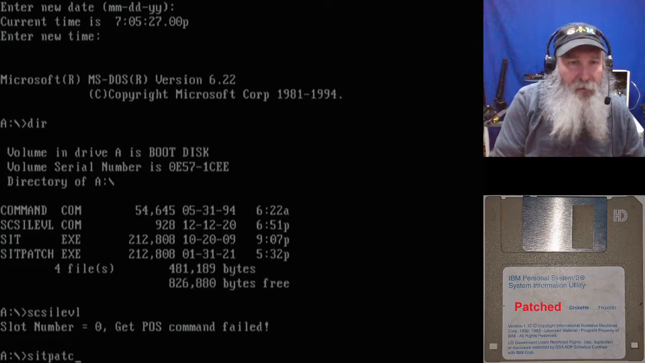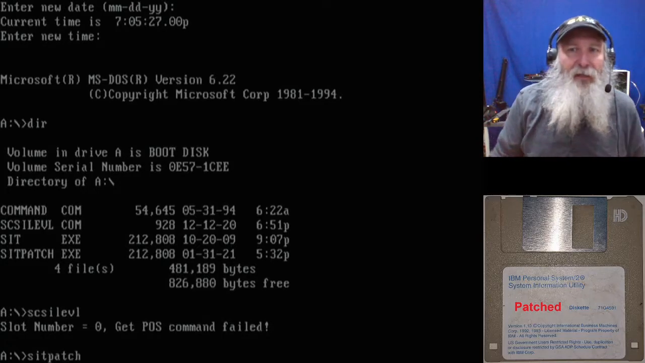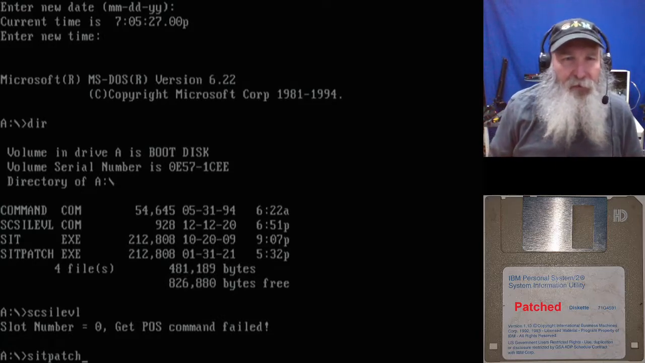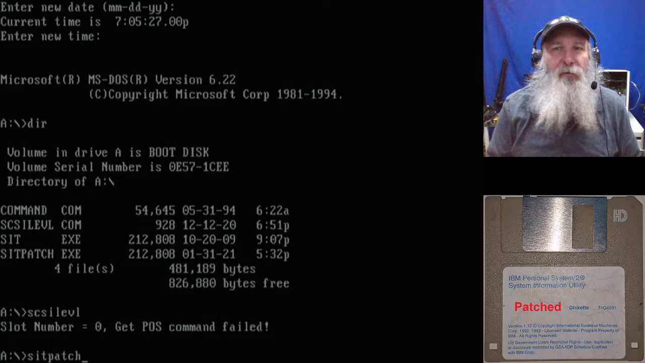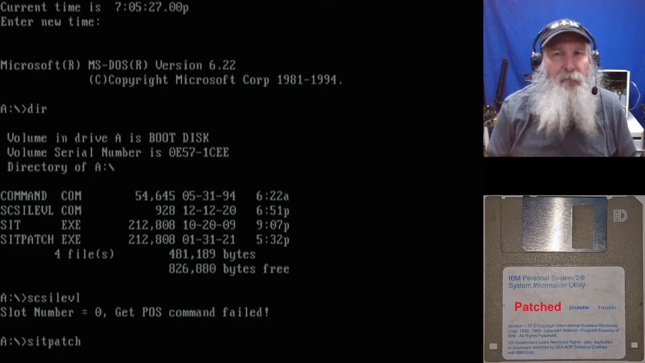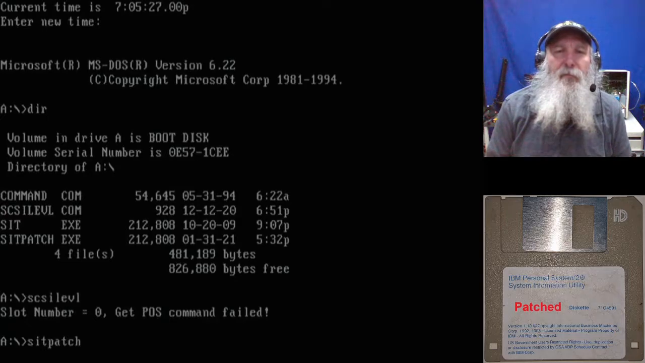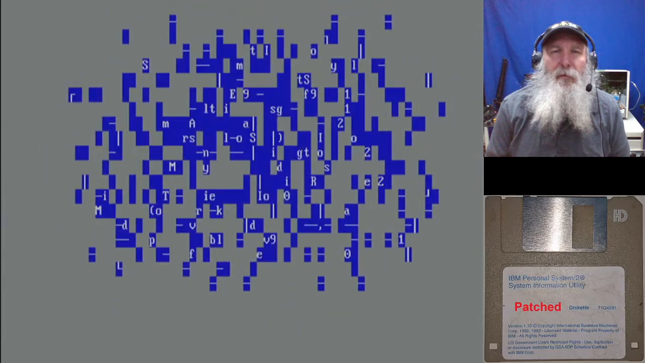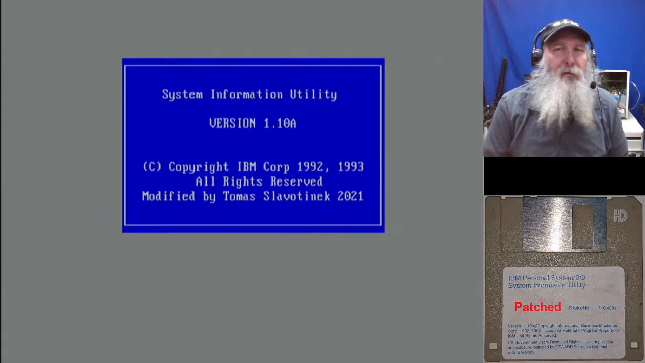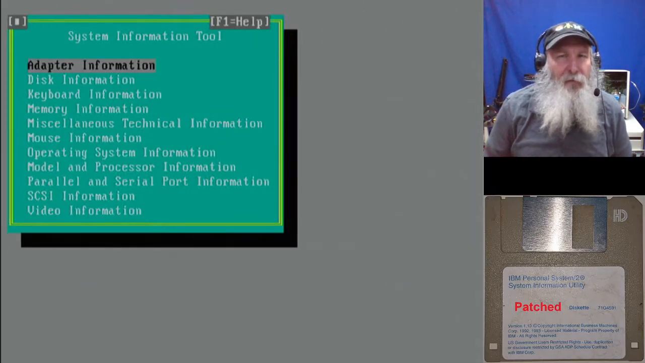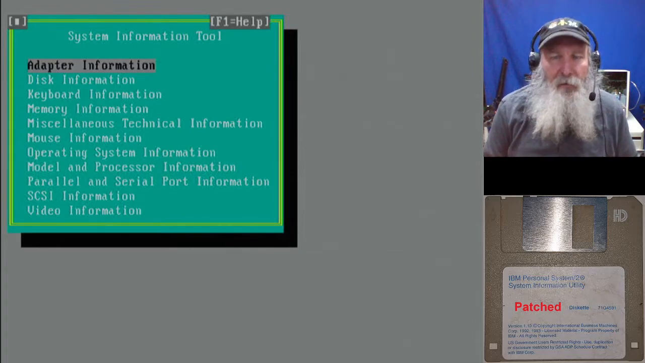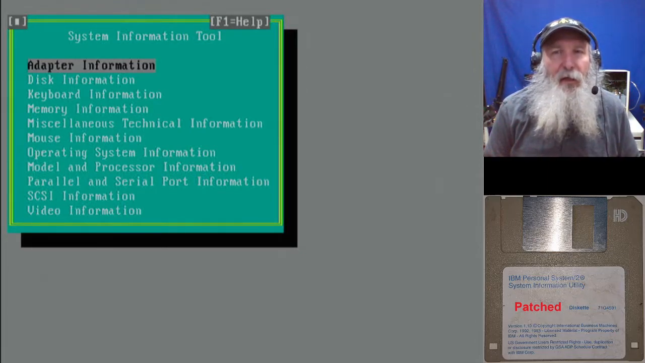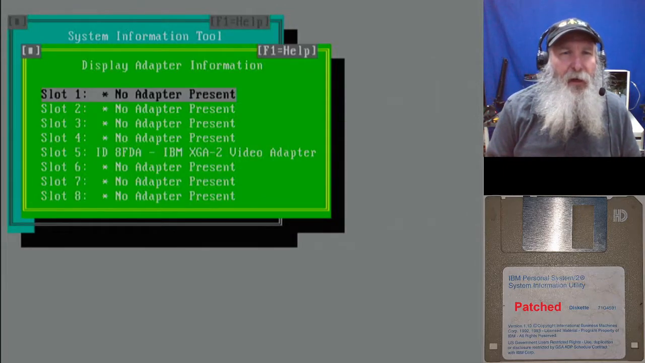I'm doing the SIT patch version rather than just SIT, being the original version. And we'll have to see what this tells us for the hard drive values, because it's a non-functional SCSI subsystem right now, and